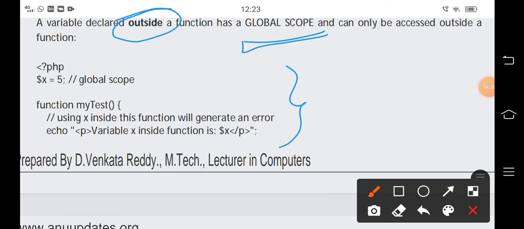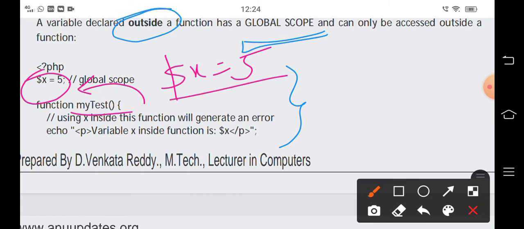here x is a global variable which is declared outside the function. Here the function is myTest. You can observe the function name is myTest, and the variable declared is x equal to 5. And this x equal to 5 is a global variable since it is declared outside a function.